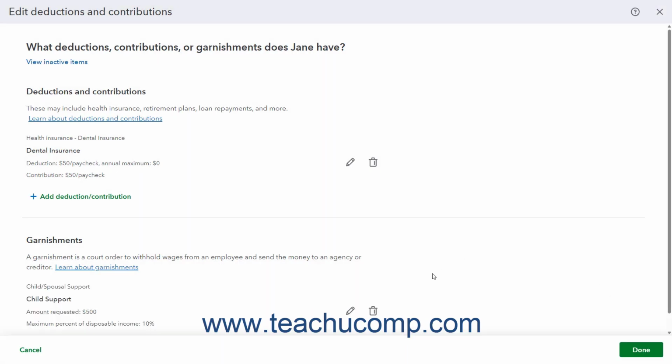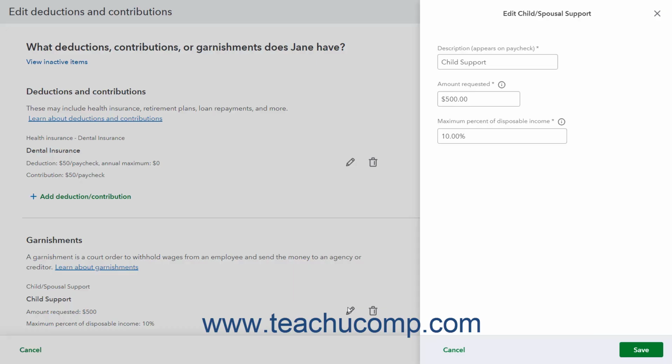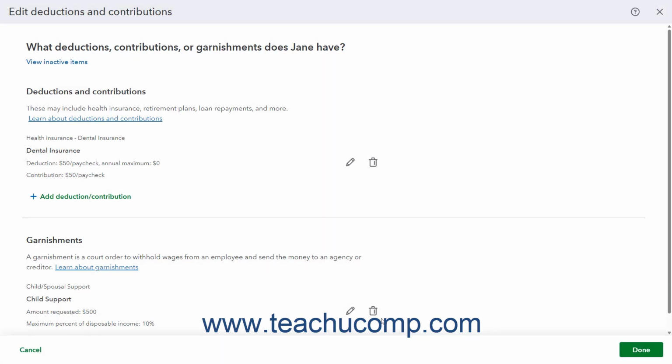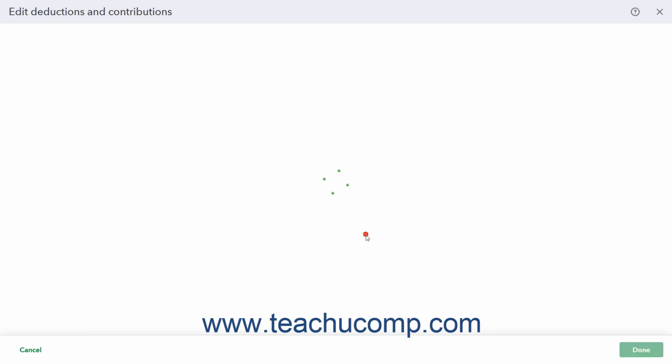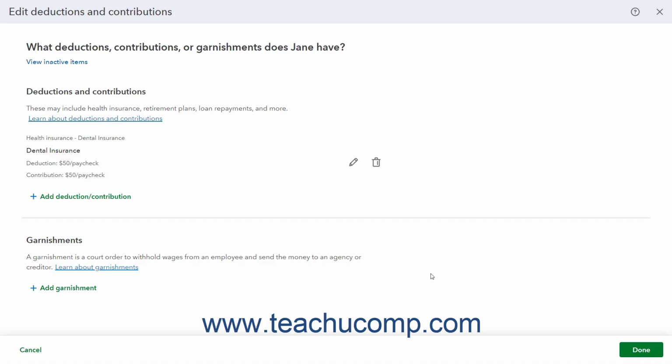If needed, you can then click the pencil icon for that garnishment on this employee's page to edit its information for this employee. Alternatively, to delete the garnishment for this employee, click the trash can icon and then confirm the deletion in the window that opens. To close the Edit Deductions and Contributions page when finished, click the Done button in the lower